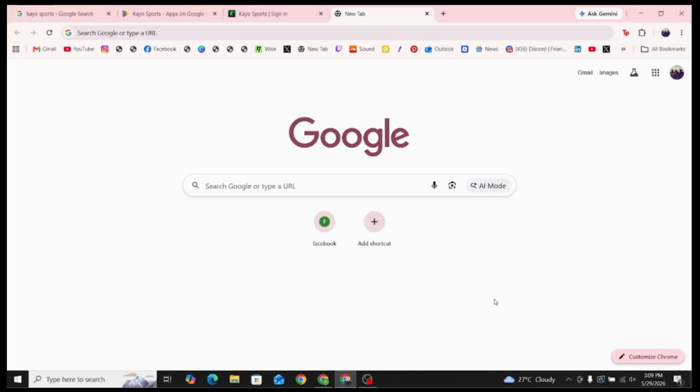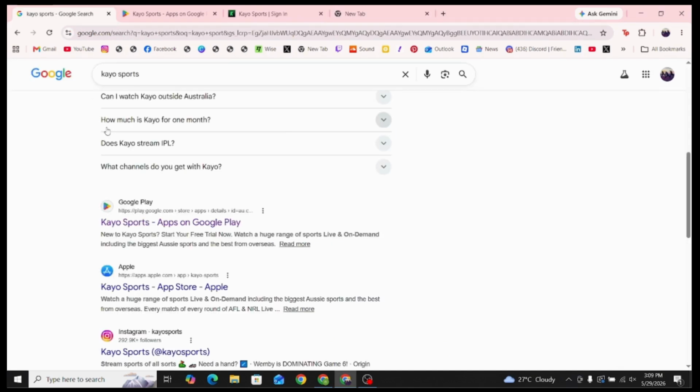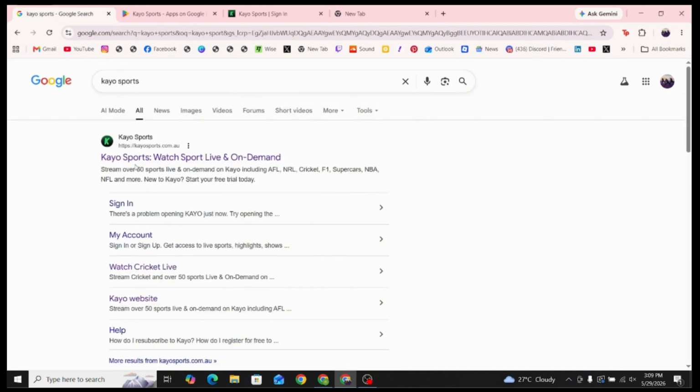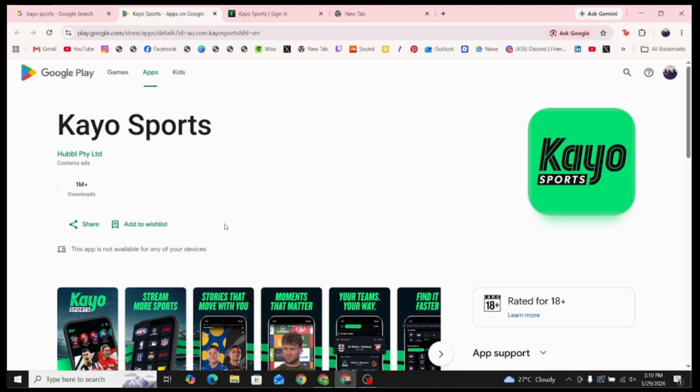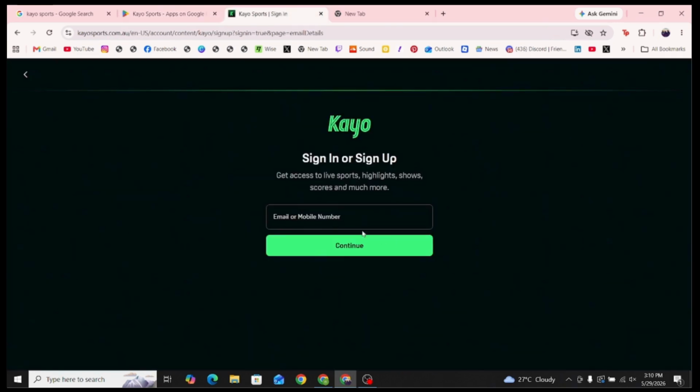After having your internet connection, you need to open up your browser, any browser that you're comfortable with. Now on your browser, you need to go with search and search for Kayo Sports. After searching for Kayo Sports, you need to go with the first link, which is kayosports.com.au. Once you click on that, it will take you to the official website, which will take it to the